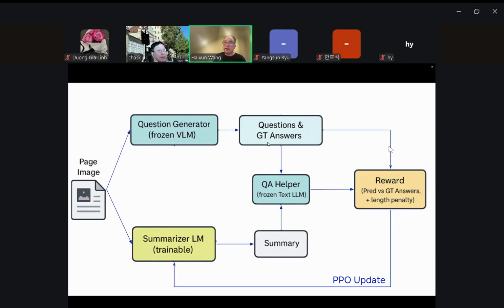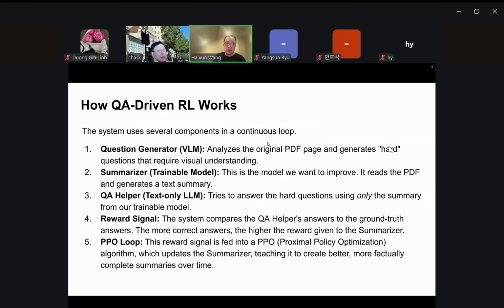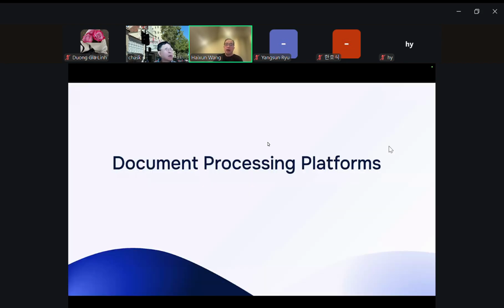So this is what we are doing in understanding these PDF documents with images. This slide basically just describes what I just said in the previous slide. It's a reinforcement learning based solution to train a vision large language model to provide the best summary of the image.